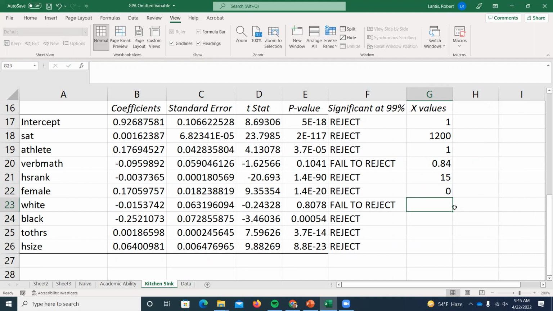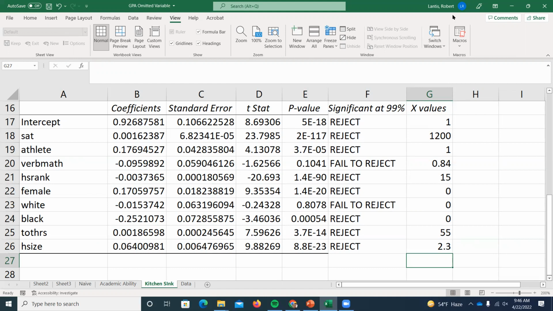And then, I could say maybe they're a race other than white or black, right? A race other than those two. Their total credit hours, let's say they've taken 55 credit hours up to this point, and their high school size, this was the one where it was in the thousands, so they moved the decimal. So let's just say it was like 2,300 or 2.3, right? So we just took basically this hypothetical person and all the values that they had for these X